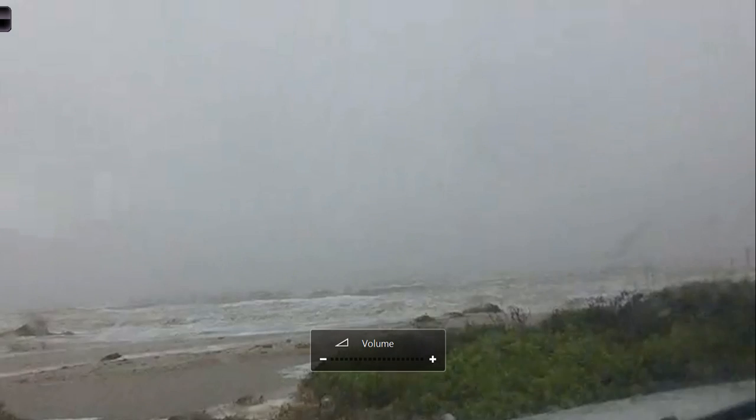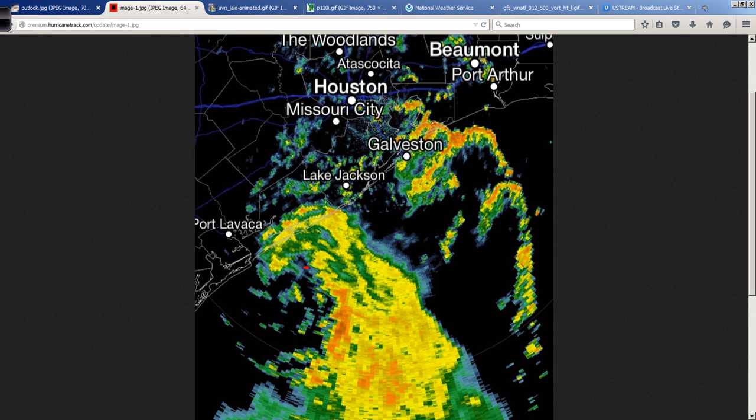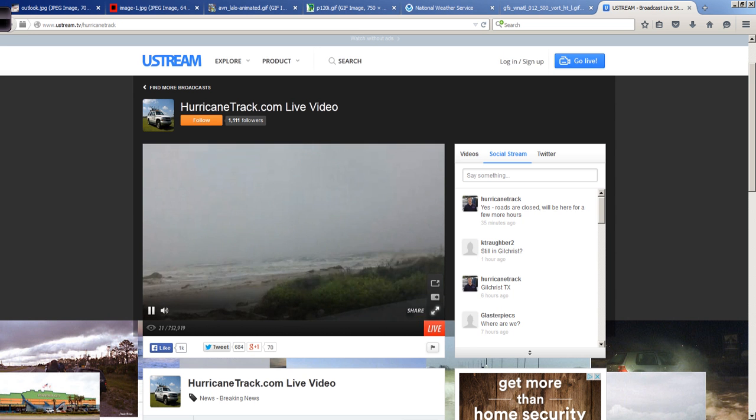But this shows you that even just a 60 mile per hour tropical storm, let me back out of this and show you where this is located. So this is the center of Bill, coming in towards Matagorda Bay and Port Lavaca, and that live feed is located right up here along the Bolivar Peninsula. So it's quite a distance away from the center, but this onshore flow, counterclockwise rotating storms around the circulation of Bill, bringing the Gulf of Mexico onshore across parts of Highway 87 up here in the Bolivar Peninsula area,